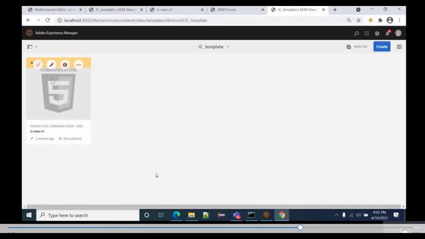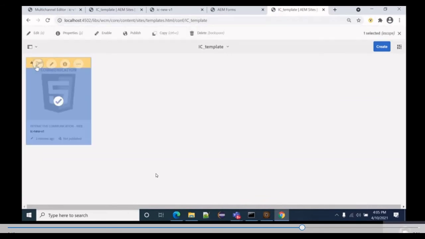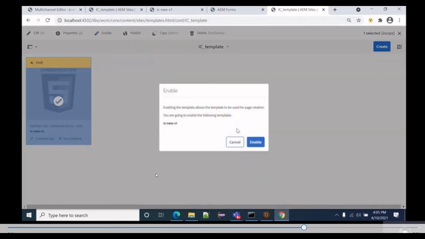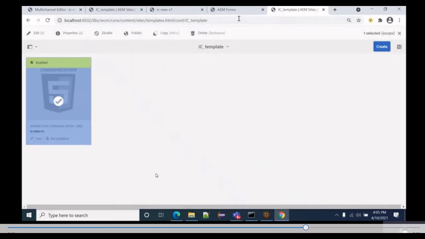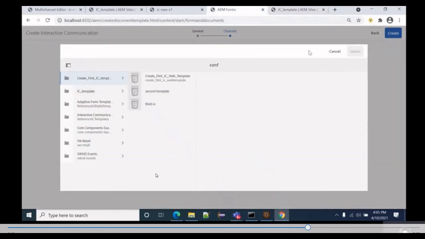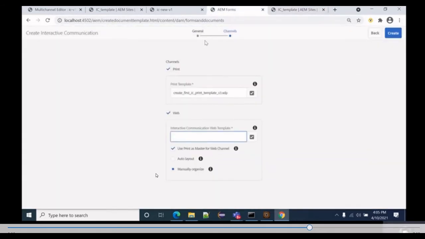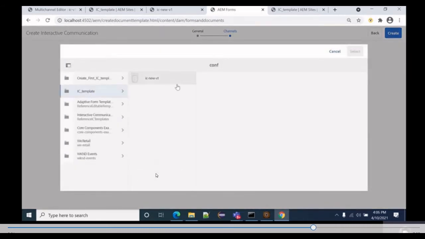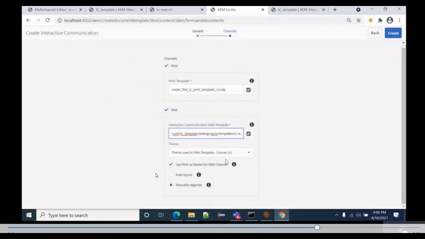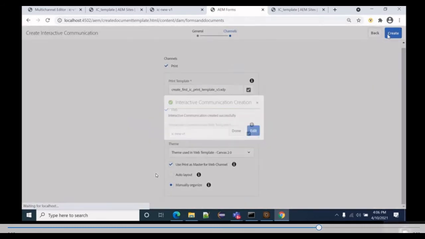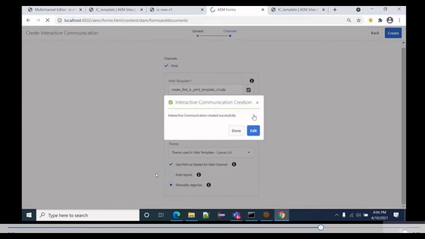It's not enabled. That's why it was not popping up. So just select it and enable it. Click on Enable, and can we just refresh this? Is it possible? Not sure. Oh, it's popping up. Anyways, so just select it and click on Create, and let's edit it.